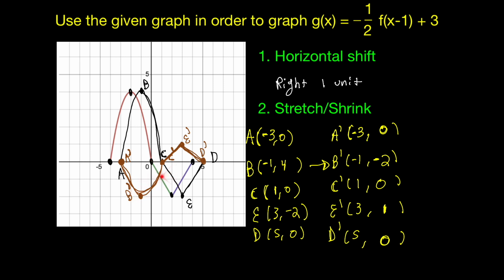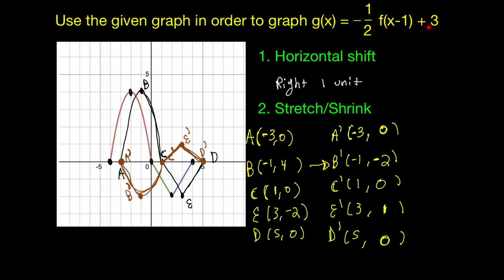And you can see that my graph got reflected over the x-axis. And on top of that, my graph also shrunk because I had an a value that was in between 0 and 1 if I'm ignoring the negative. Okay, now that I've reflected and shrunk my graph, I can do the last bit,